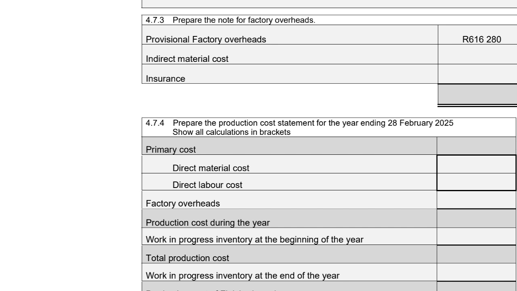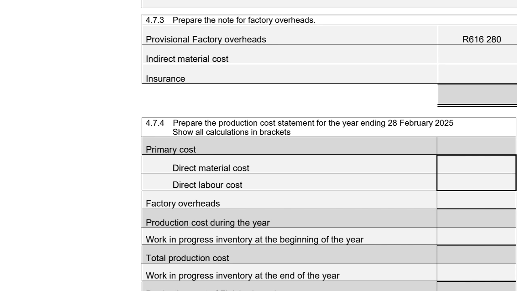4.7.3. Prepare the notes for factory overheads. Our provisional factory overheads is 616,000 Rand, 280 given, and now we need to calculate the indirect material cost. So we're going to start with our opening balance, we're going to add our purchases, we're going to minus our closing balance. We go to information 1, 2 and 3 to get these figures. So our opening balance will be 4,500. We purchased 260,000 Rands of indirect materials, and our closing balance is